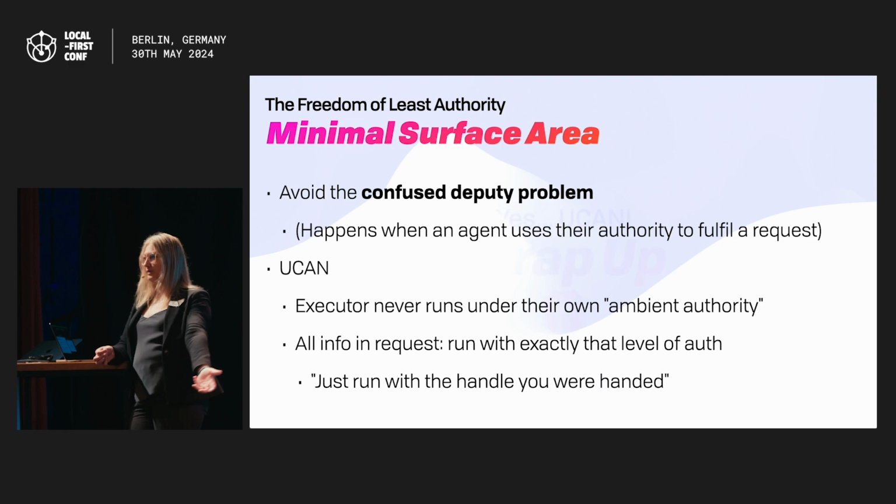And in an access control list world, this is often confusing. In fact, the default behavior is for it to use whoever I asked to do it. And there's been a number of very serious bugs over the years that use this to do privilege escalation. With this model, you have in the request, you know exactly what that request, never mind the user, that request is allowed to do. So you can completely eliminate this class of problem. You never run under ambient authority, and you just run with what you were handed.